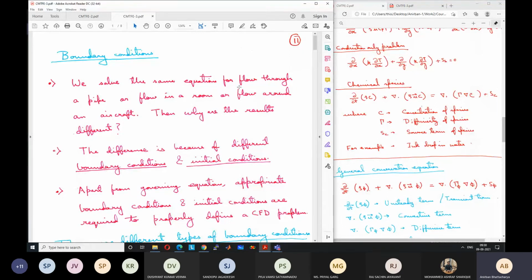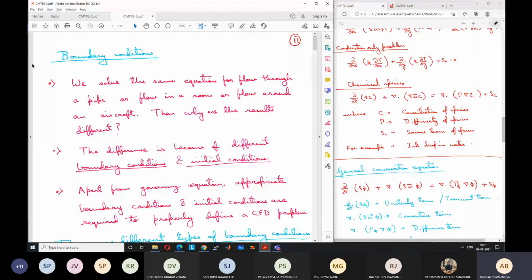If you are solving the U momentum equation and the V momentum equation, then for the U momentum equation, for all the boundaries, there should be a condition. For the V momentum equation, for all the boundaries, there should be a condition. If you are solving the temperature equation, for all the boundaries, there should be a temperature boundary condition. Whether it is a closed boundary, a wall, or a flat plate, there needs to be a boundary condition. It can be trivial, but it still needs to be there. Second is the initial condition, which is like a boundary condition, but in the temporal direction, in the time direction.